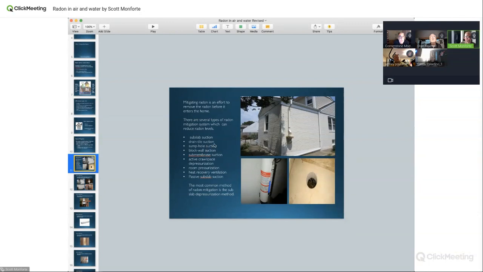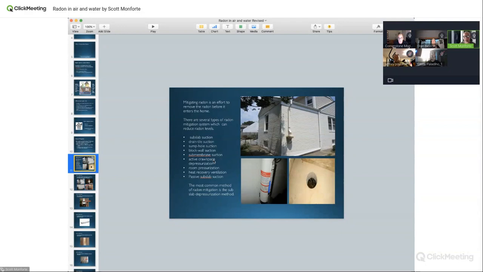So sump, to me, if I can avoid the sump, if it's my last resort, if that's all I can do. There's a picture coming up where it'll show it in the closet. I was able to drill a hole in the floor and I went next to the sump, but I didn't go into the sump. Then you have block wall suction. I think I've done that twice, where you actually go into block walls, you have a suction point in the wall, and it actually draws the gas that may come. If you have a problem with a house, sometimes you say, well, where is it coming from? So it could be coming through the open block. Sometimes the blocks are open, and it could be allowing that gas, and it's coming up. So we do a block wall suction.